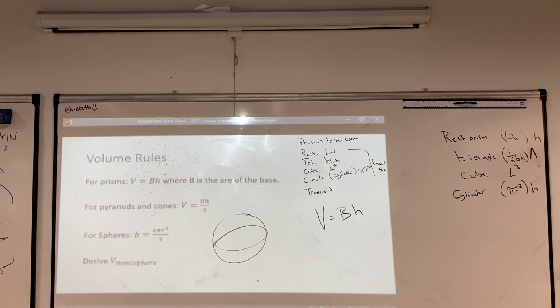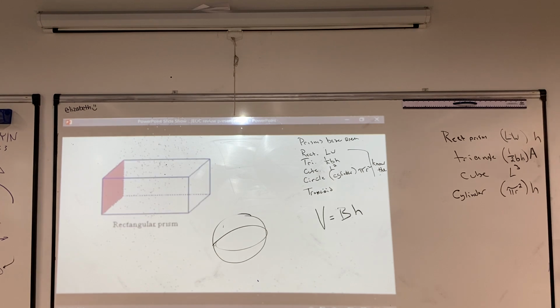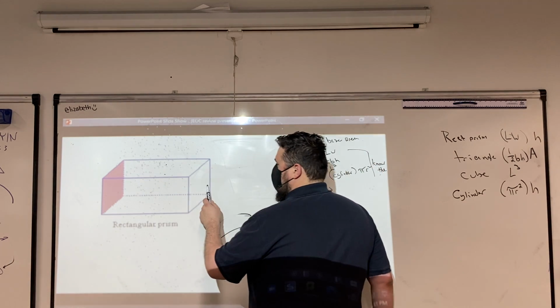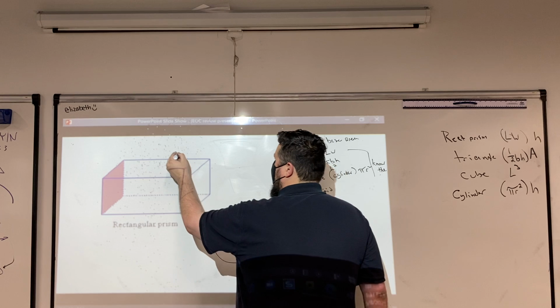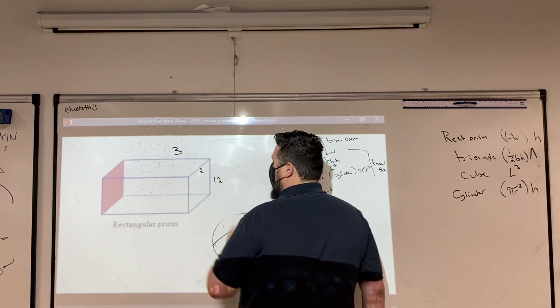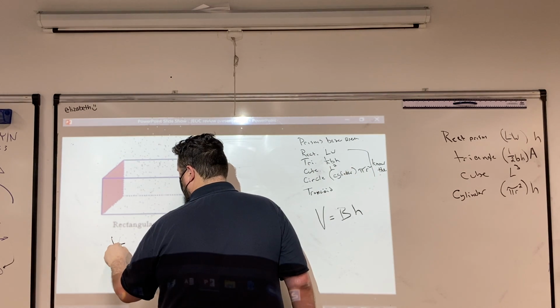Now, hopefully I made enough of the room. Yeah. So for this one, this is a rectangular prism. This base and this base are opposite of each other. They're rectangles. So if I had 3, 2, 12, and I wanted to find the volume,